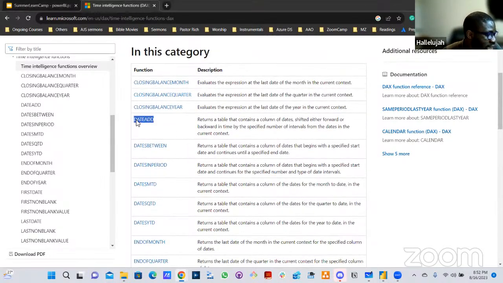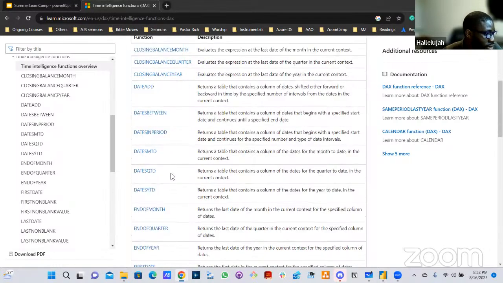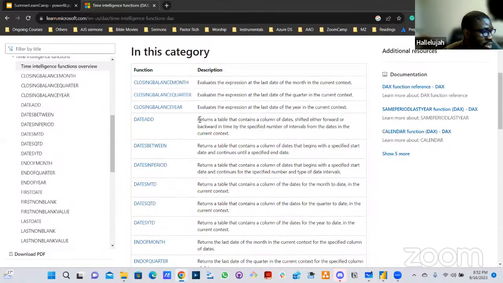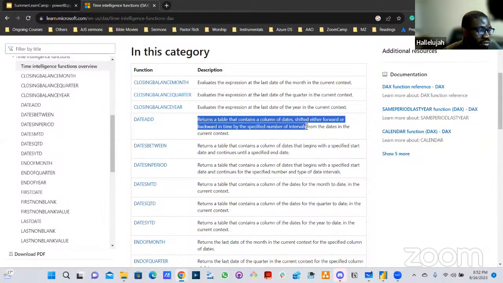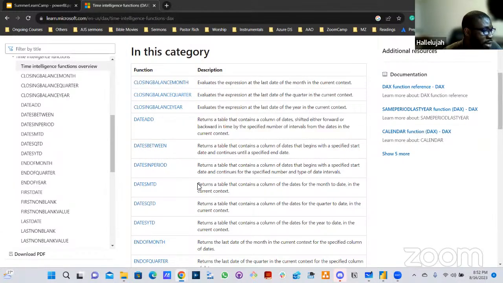We have DATEADD. So you can read the meaning here. DATEADD returns a table that contains a column of dates, shifted either forward or backward in time by the specified number of intervals from the date in the current context. Sounds like a lot of grammar, yeah? Don't worry, we'll see it. So then we have